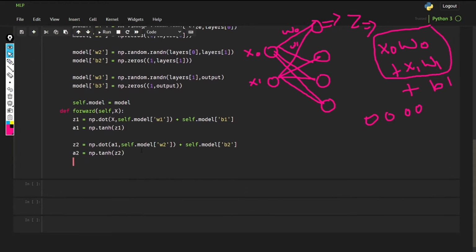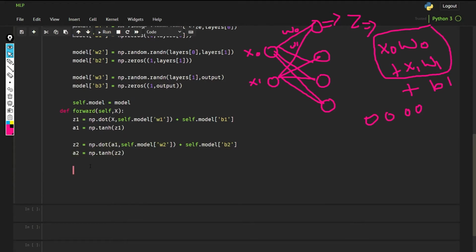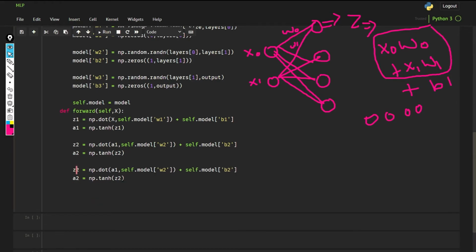For the final layer, we again copy the same part here and paste it. So this is going to be z3 and y hat. In this we need to pass a2, w3 and b3.